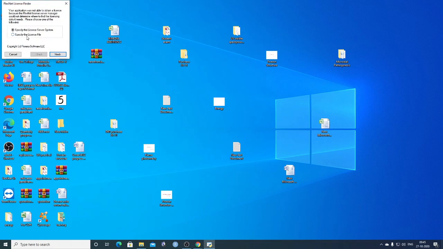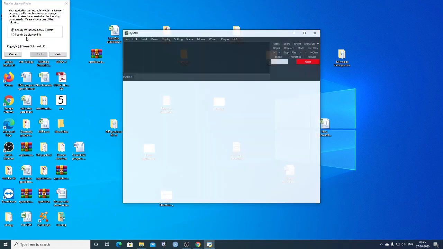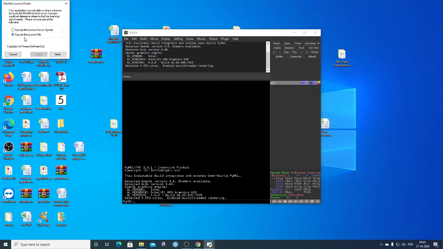Now it is asking us to specify the license file. We have to specify the license file. The license file also we have downloaded. It will be in the download folder. We have to browse it.